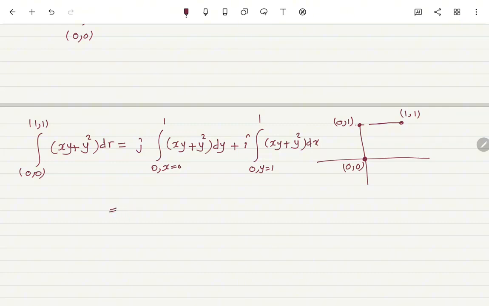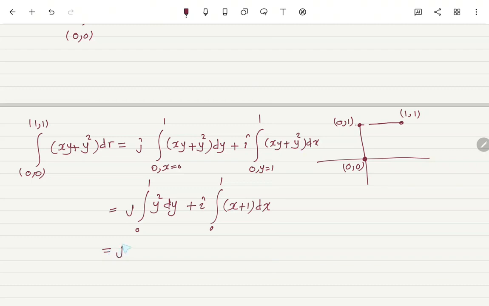Upon simplifying this, j integration from 0 to 1 of y squared dy, because we substitute x equal to 0 here, so this part cancels out. So y squared dy with j hat plus i integration from 0 to 1 of x plus 1 dx